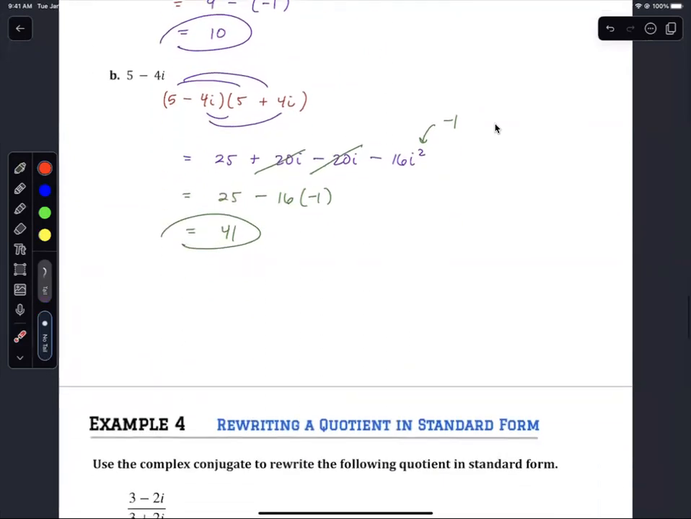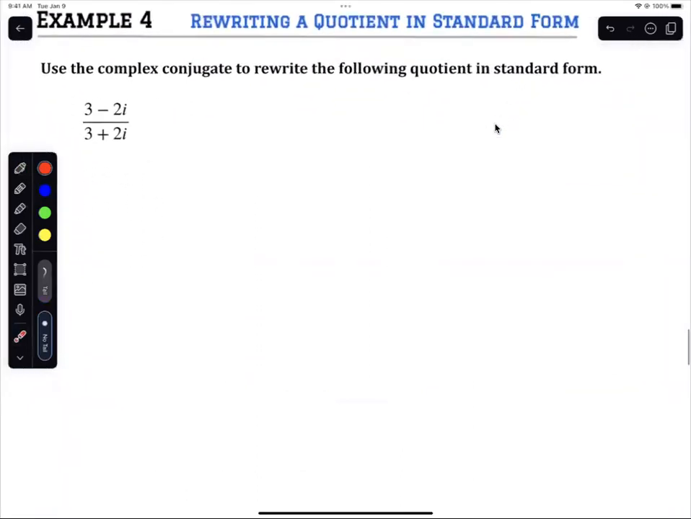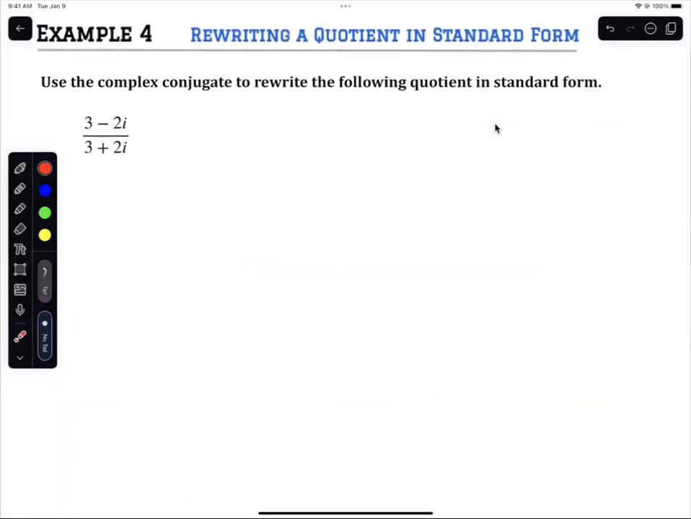So if we're asked to do something like this, to rewrite a quotient in standard form, kind of like what we learned in the past where we can't have a radical, a square root, on the bottom, we can't have an imaginary number on the bottom. So if we want this to not be imaginary anymore, we can multiply top and bottom by the complex conjugate. So that way there's no more imaginary number on the bottom. So this is going to become, if I multiply top and bottom by the complex conjugate, 3 minus 2i,